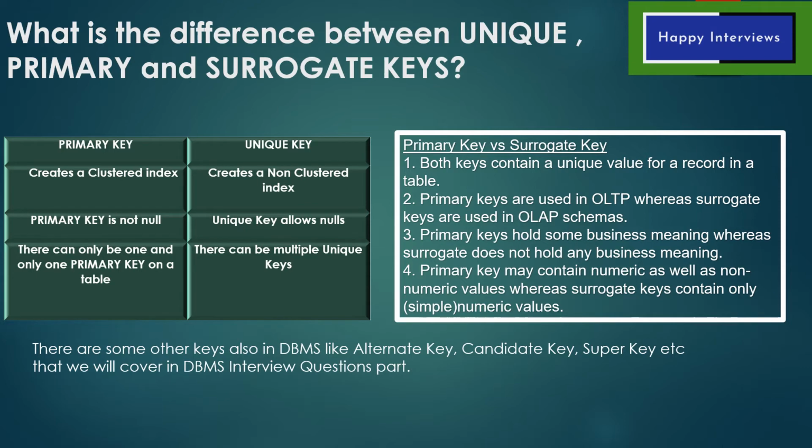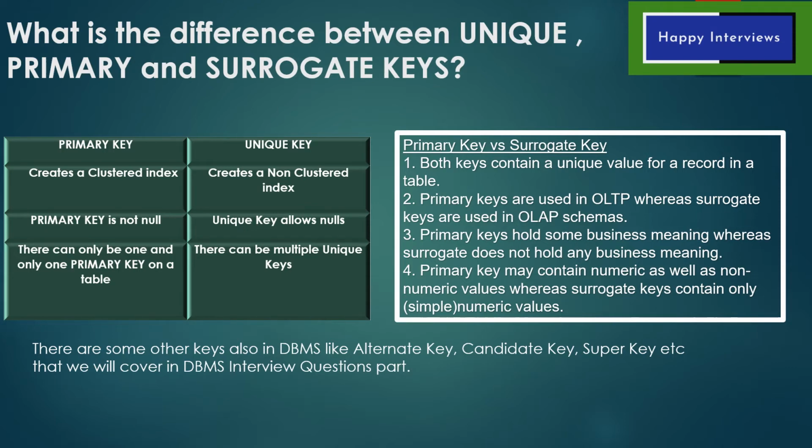Primary key will be student ID. If I'm storing the values of student ID, student name, and student marks, the primary key is student ID, whereas the surrogate key is that DB ID, a record ID. For every record there is some ID, that is the surrogate key. And that surrogate key is used when we are using an OLAP system for analytics processing. Whereas for transaction processing in OLTP, we will use primary keys, where we have some business meaning for the key.